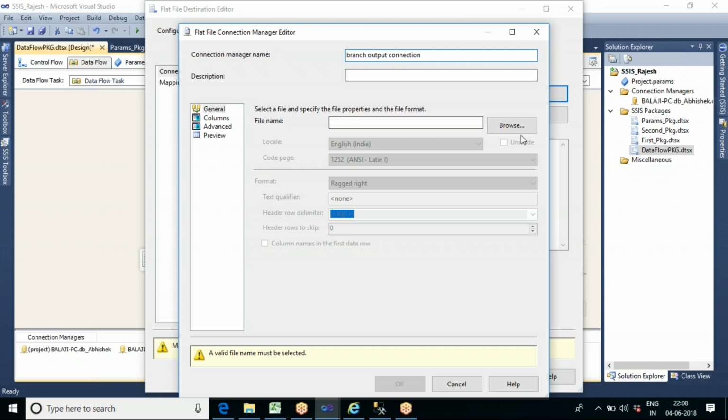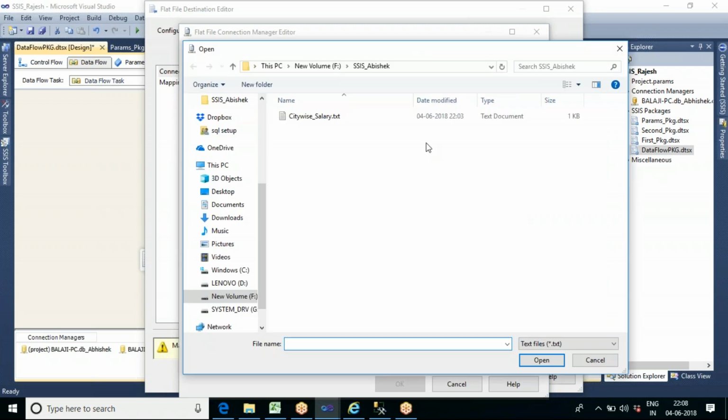Go to browse. In the same folder, under the F drive SSIS Abhishek, I want to create one branch wise salary .txt file.